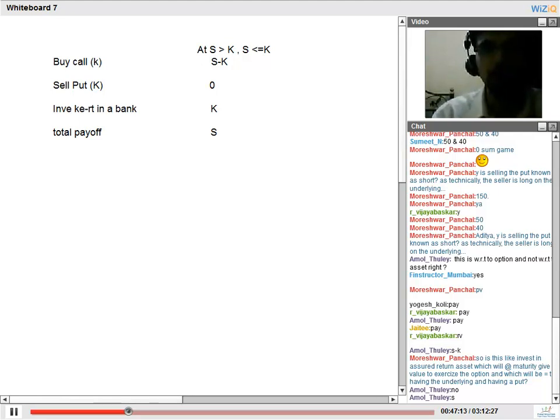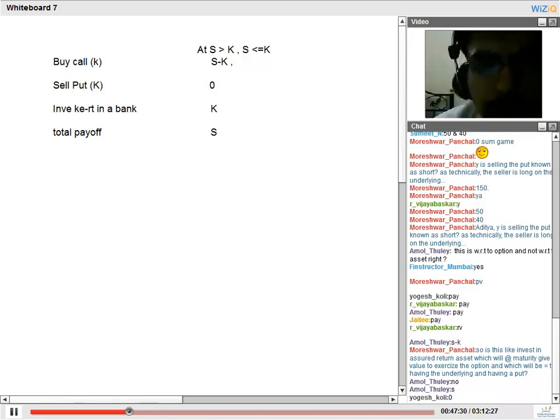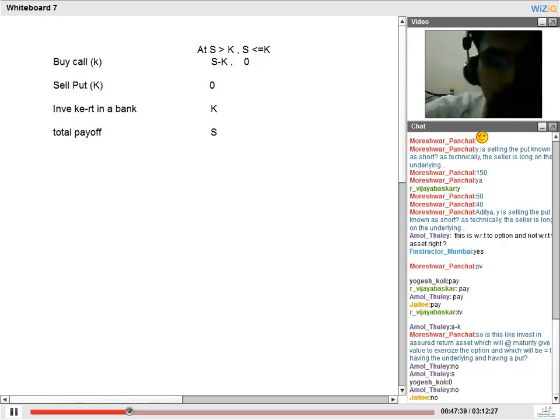Let's understand, if the spot price is less than or equal to the strike price, what will be the total payoff? The spot price is less than or equal to the strike price. So will I exercise the call option? Will I buy from the market at a lower price, or will I exercise? I will not exercise the call option because the spot is lower than the strike. So no payoff from the call option. Understand, guys, when a call is having a payoff, a put can't have a payoff. And when a put is not having a payoff, normally the call will have a payoff. I have also sold a put option and the spot price is actually lower than the strike price.